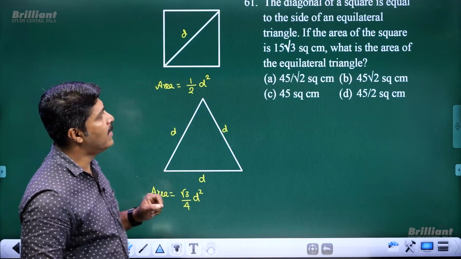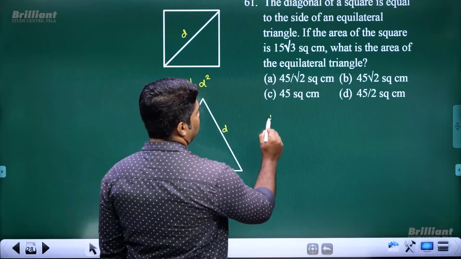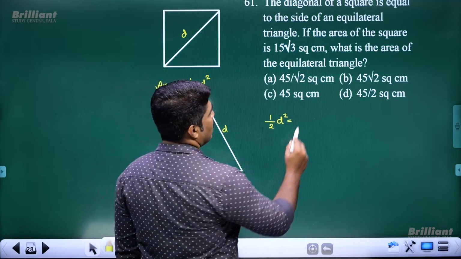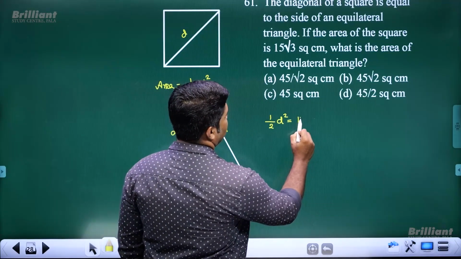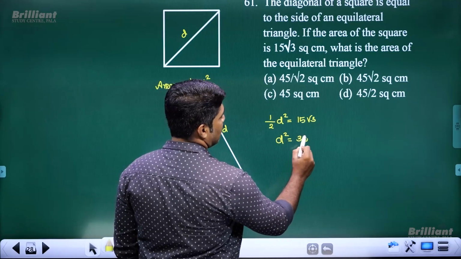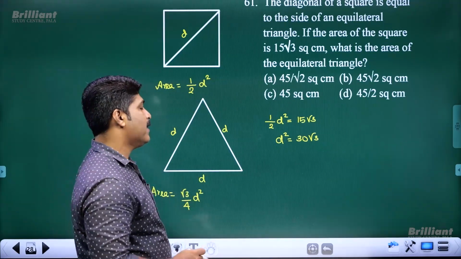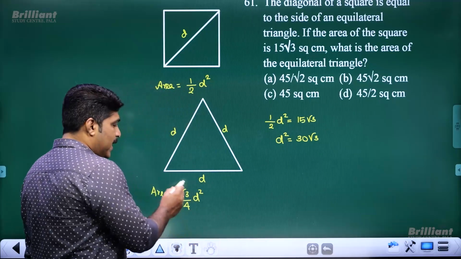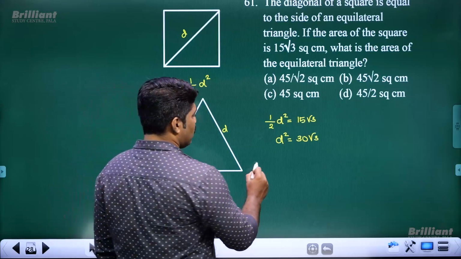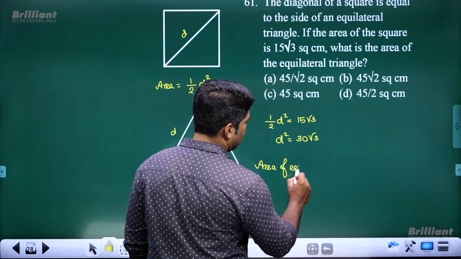Here it is given that the area of the square is 15 root 3 square centimeter. That means half d square is equal to 15 root 3. So then what is the value of d square? That is 30 root 3. Yes, here we got d square equal to 30 root 3. Then we already reached the conclusion that the area of an equilateral triangle is root 3 by 4 d square. So therefore, area of the equilateral triangle,